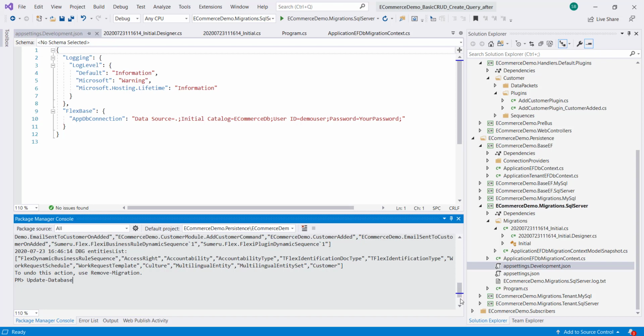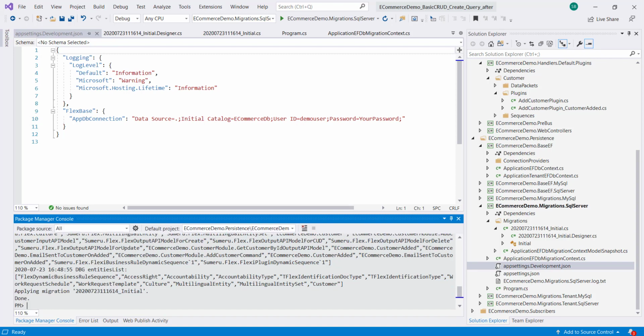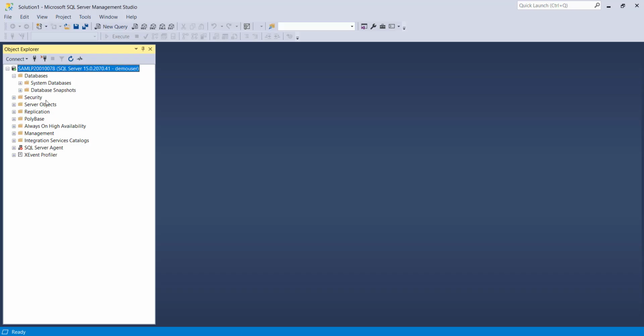This is the update database command given by EF Core to update the database. It will use the connection string to update the database. It will create the database first, then it will create all the tables and indexes inside your DB.